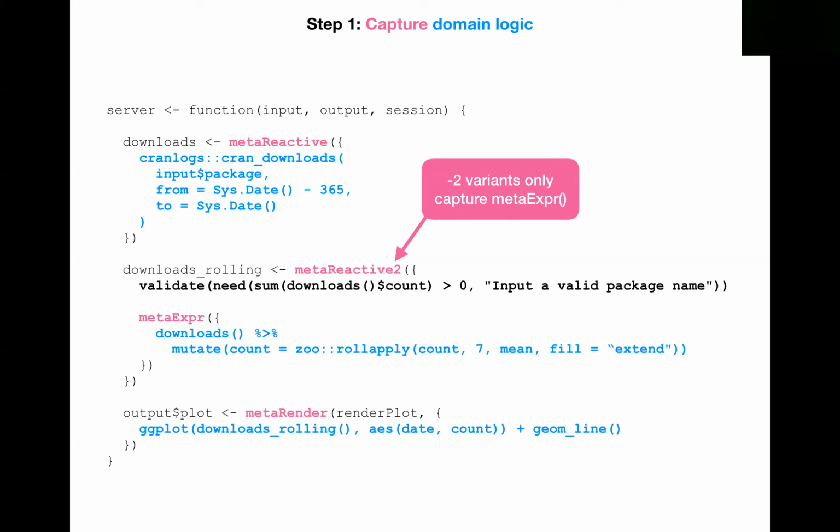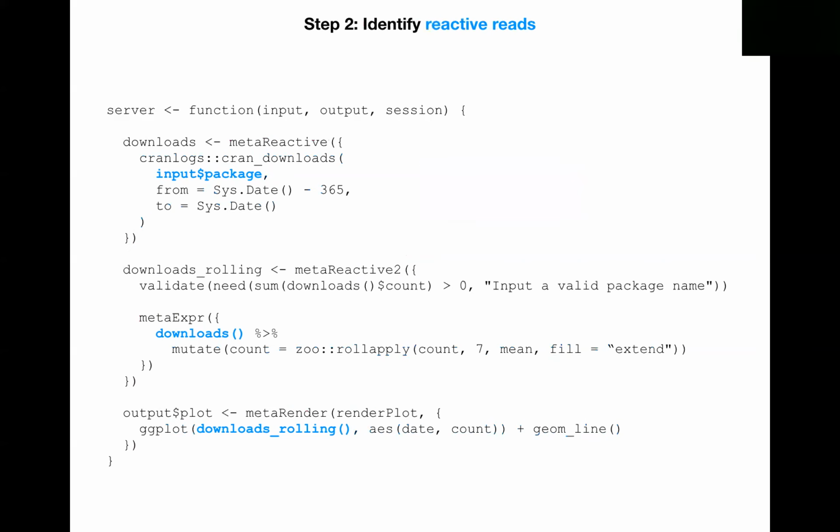So just remember that with this meta reactive 2, you can ignore code, but then wrap the code that you care about in this meta expr function. Right, so then the next step is to identify what I call reactive reads. This is going to include any references to input values like input$package, but also any references to calling for the value of a reactive expression like downloads() or downloads_rolling(). And what you want to do with these is